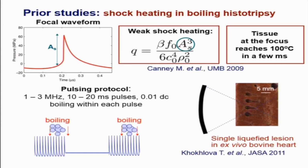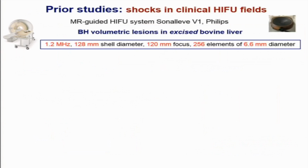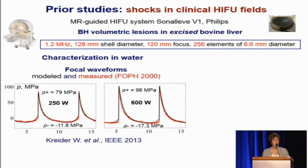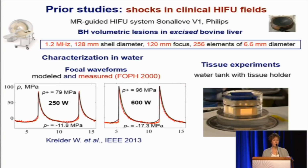Then the question is whether we can use this accelerated heating in purely thermal treatments, and that was the goal of this study. First, the question is whether we can reach these shockwave regimes in existing clinical systems. We worked with the Philips Sonalleve V1 system. We characterized the field, and we showed, both in modeling and experiments, that shock amplitudes of over 100 megapascal can be reached in such a clinical system. We also did ex vivo studies in bovine liver samples, showing that shockwave exposures can be used to do boiling histotripsy. Now we wanted to explore whether we can use it to address these challenges of purely thermal treatments,